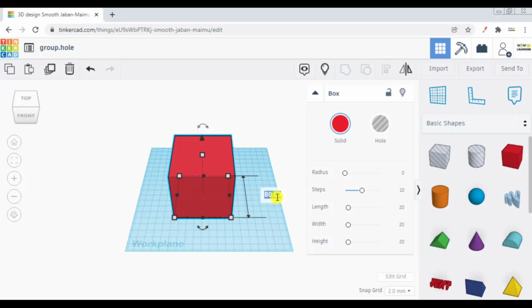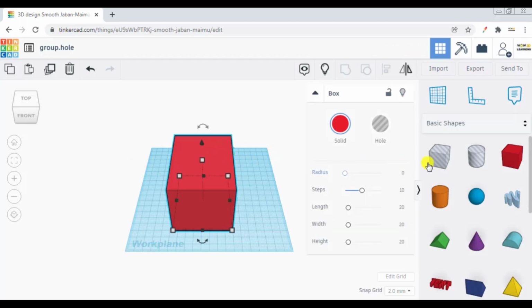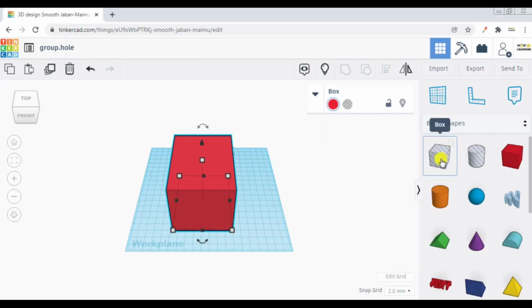Let me increase this. Okay, so now what we will do is, we have seen if we click an object and click on hole, that object becomes a hole. Now here on basic shape, if you look here, there is a box hollow.